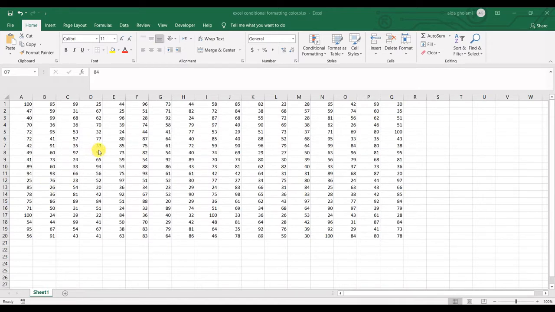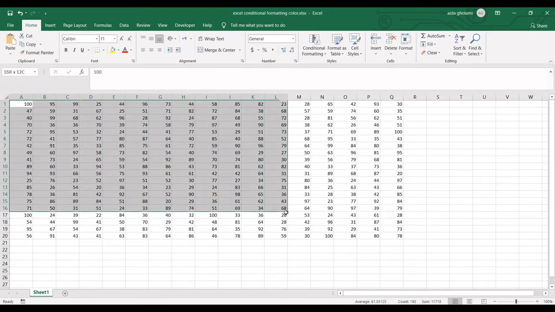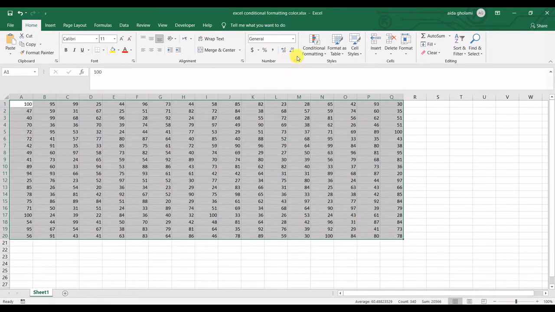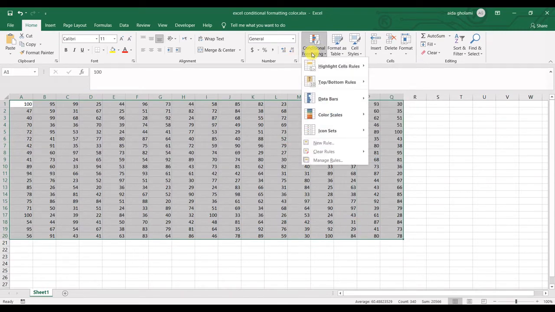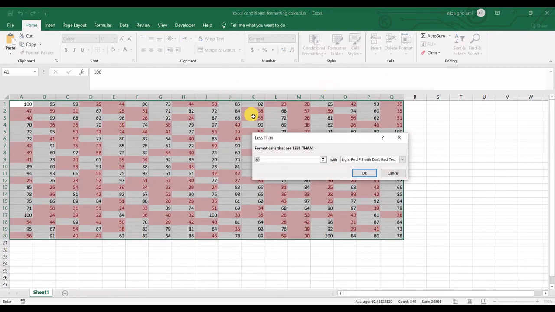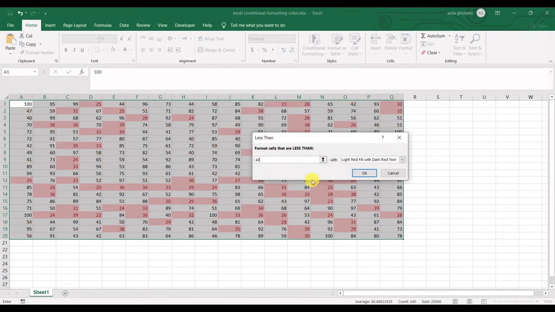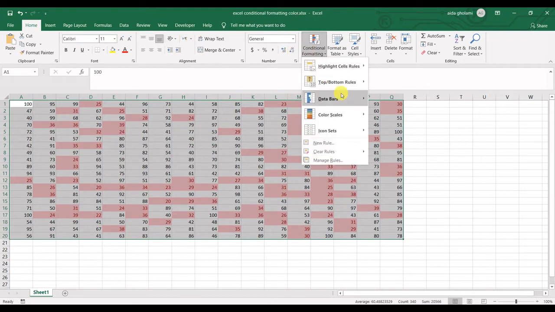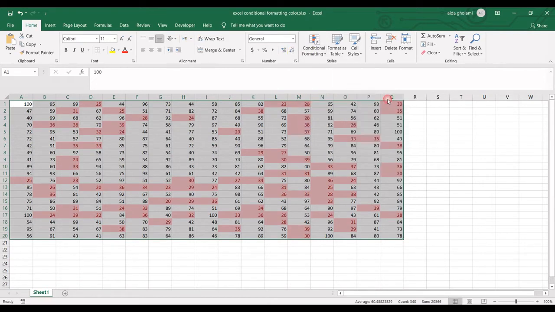They are just made with the RANDBETWEEN function so that I can work with them and show you something. So I select my range of data, then head to conditional formatting, and here I want to have, let's say, 2 or 3 conditional formattings, so that they are a little bit different from each other and you can work with them. The first conditional formatting I want to be less than, say, 40, and I click OK. And the next one, let's say top 10%,